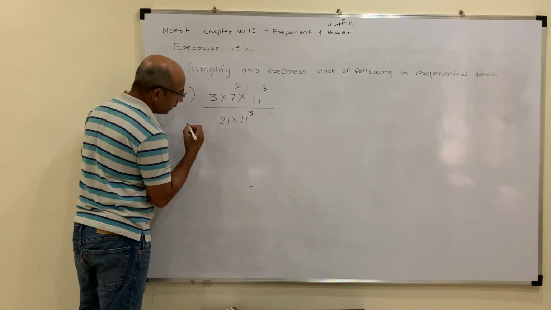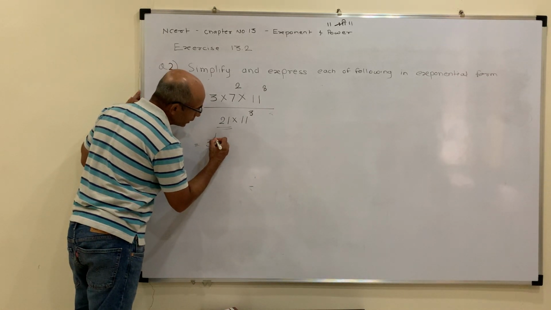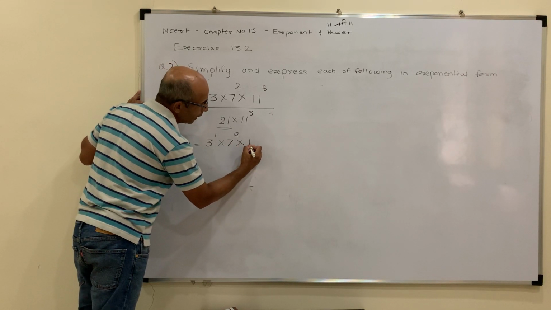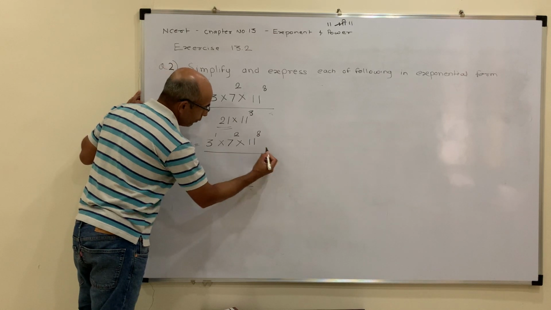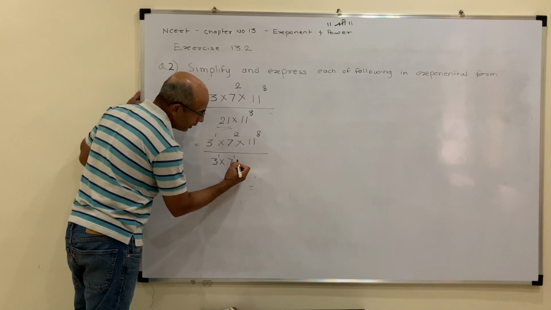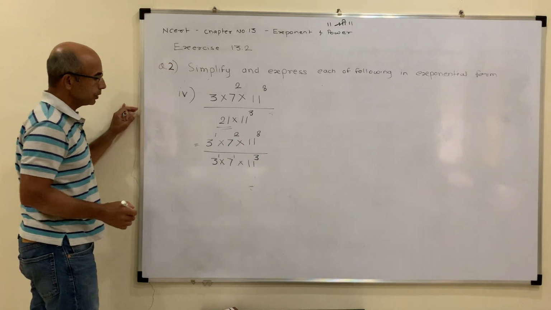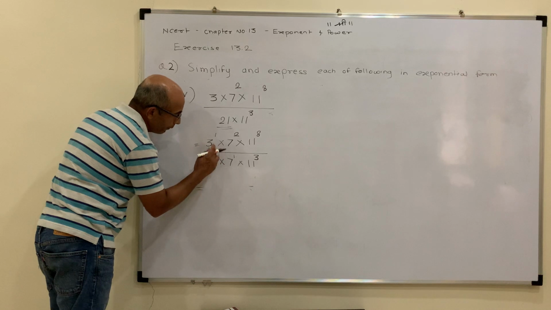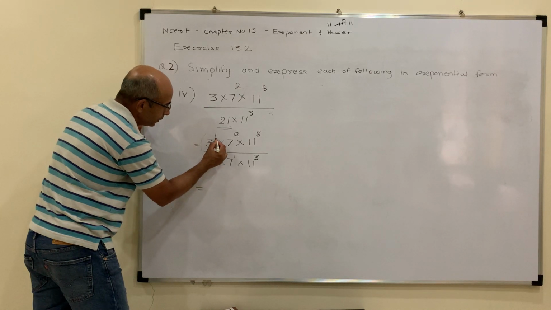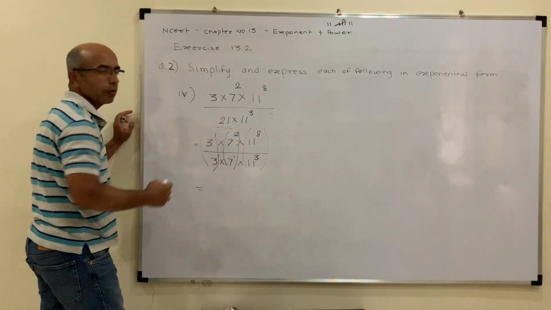Now we'll move one step. 21, we need to pay attention to. 3 is there, nothing, so raised power 1 into 7 square into 11 raised to 8. So now we rewrite 21 as 3 into 7. So 3 raised power 1, 7 power 1 and 11 power 3. So now I'll deal where the base is same, I'll be doing in one step. So here 3 I put it like this, 7 I put it like this, and 11 I'll be solving together.